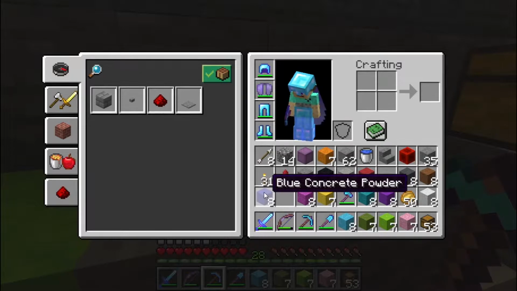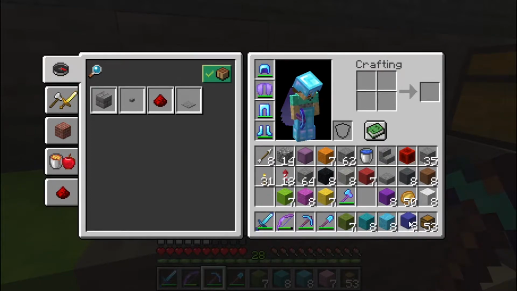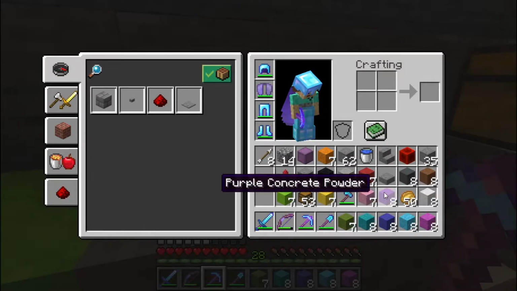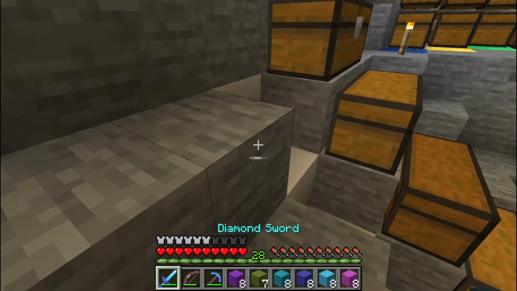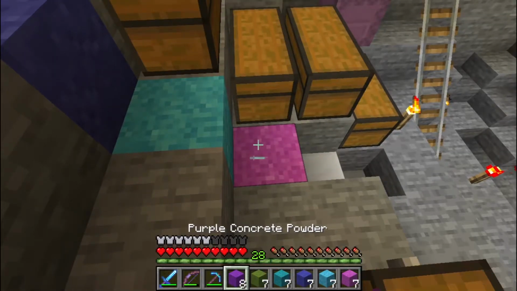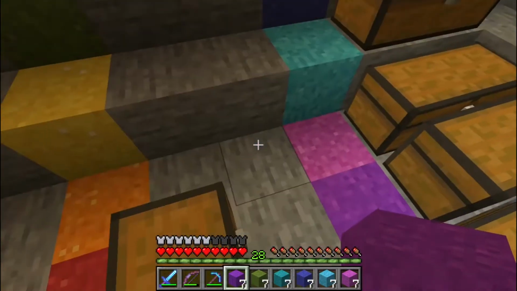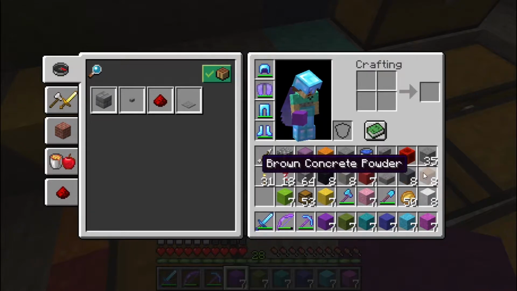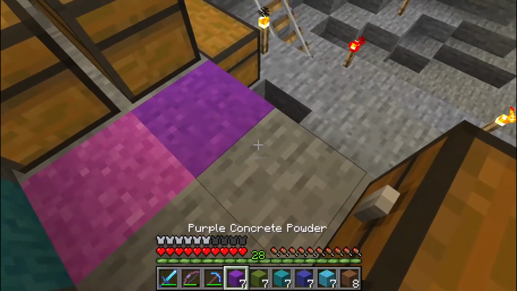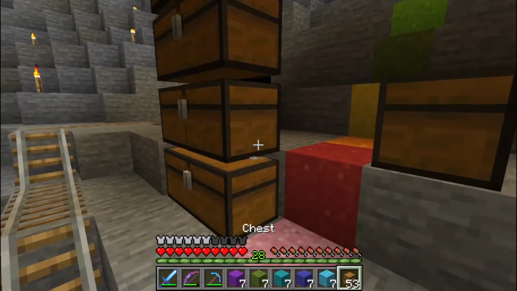And then let's go light blue, probably cyan. Actually, cyan would probably be the one to go between these two. Cyan, dark blue, light blue, magenta, purple? Maybe? Maybe that's the way to do it. We already did that, so cyan, blue, light blue, magenta, what am I forgetting? There should be one more color. Brown. There we go. Yeah, I think that will look good, and then we can go ahead and fill in chests